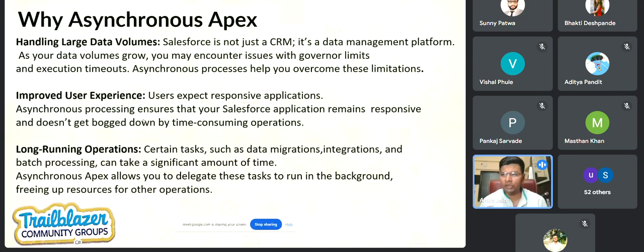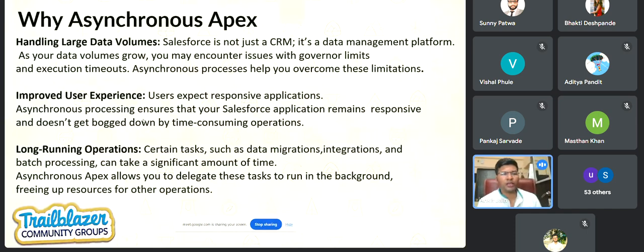Even if you are an end user, you would obviously want the application to respond very quickly. And suppose you know this operation will take too much time, like you have to create data on 2 or 3 objects, and there is too much heavy lifting done in triggers, or there are too many automations.